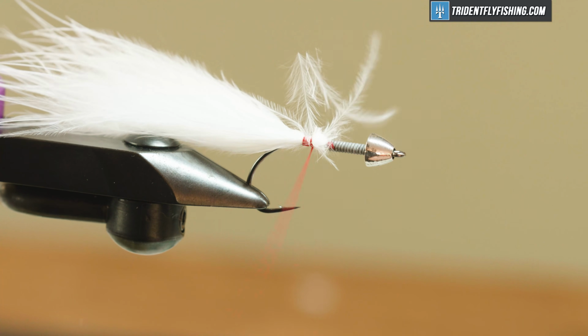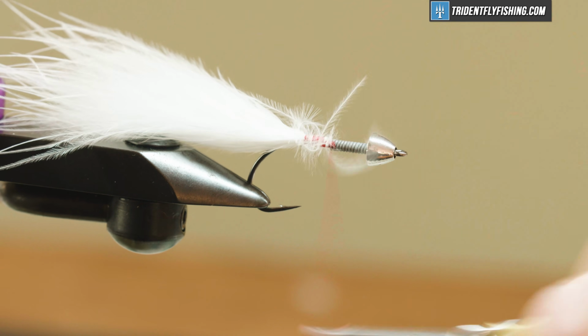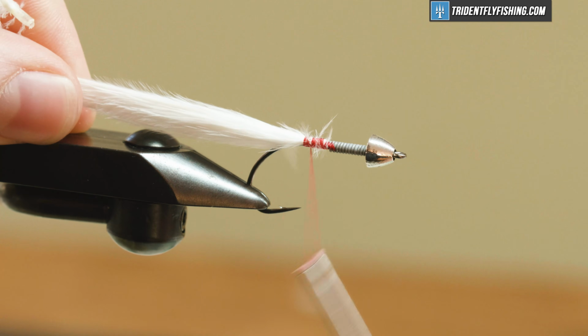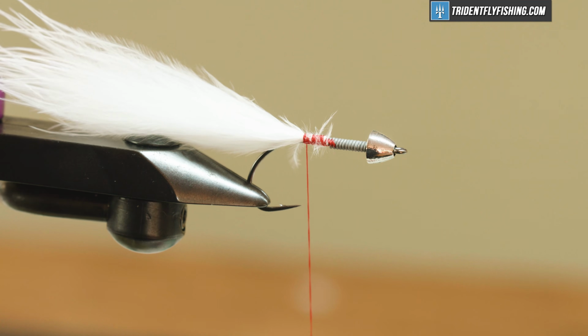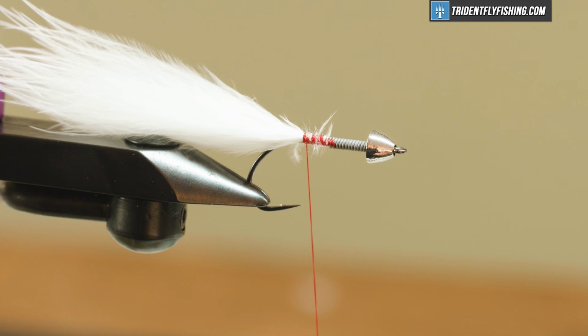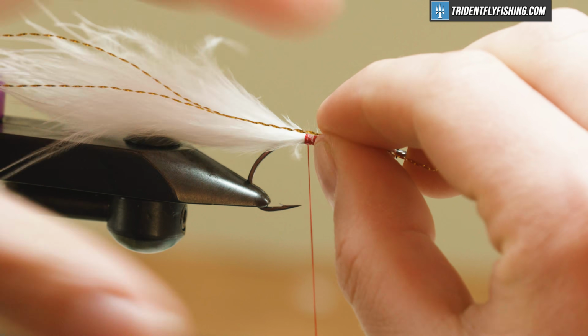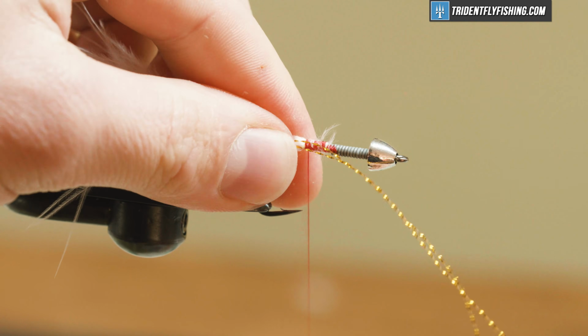And then we'll cover that butt up right where my wire ends there. That way we won't get any bumps or anything. Bring my thread back, and then I'm just going to tie in 2 pieces of Krystal Flash, and this is in a gold color. You can also use copper or whatever you prefer. You could probably use pearl in this one and it'd look good, but just a little bit of contrast here. So 2 on this side,